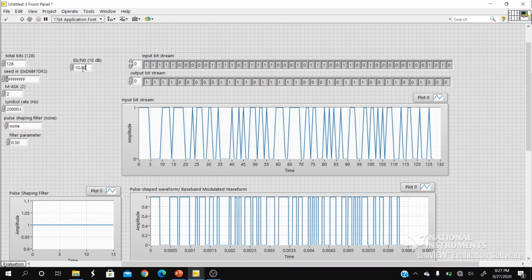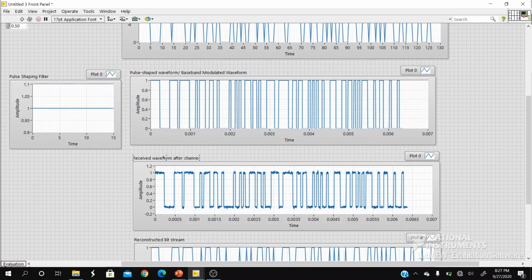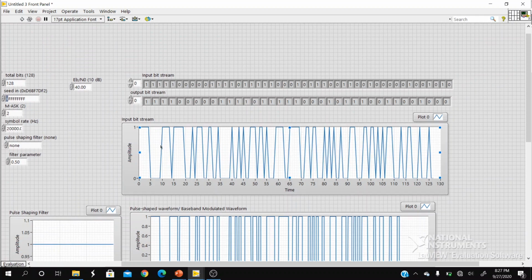If we go with the better channel scenario, which is around 40 dB, this will give us an exact replica of the transmitted information at the receiver front end. So this will ensure the proper detection of the transmitted bit stream. With 1 bit delay or 1 bit being eaten away, you can see all other bits will match the transmitted or given input bit stream. So this is the simple ASK baseband modulation.